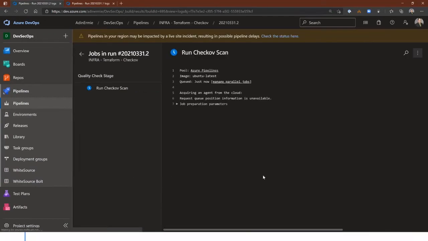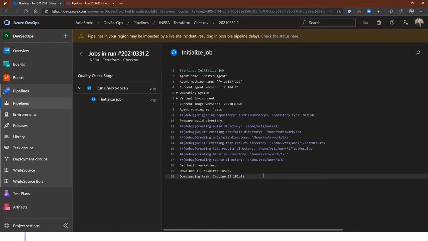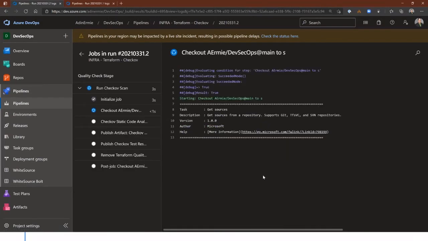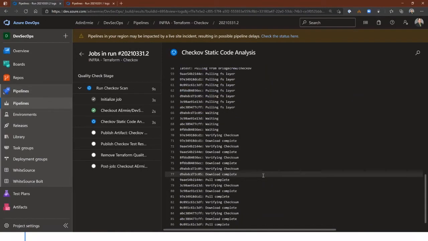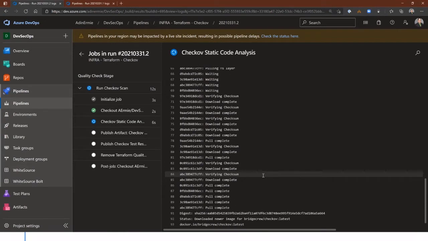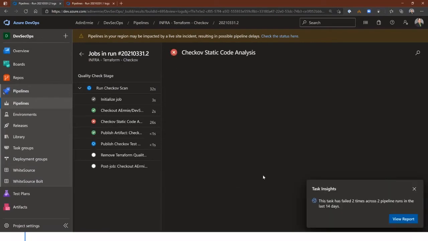As this starts to run, think about it from the perspective of the ops team, the infrastructure team. You're writing your templates to produce this environment. You would want to run a tool like this, and really all the tools that we're going to talk about today, as that quality layer or quality check before it is allowed to be committed back into the master or main branch and then executed against production. That way, we're evaluating and testing our templates from a security or compliance perspective and ensuring that it passes so that we can then allow the rest of the pipeline to execute and deploy.